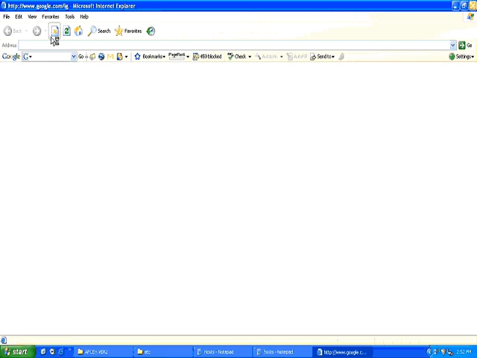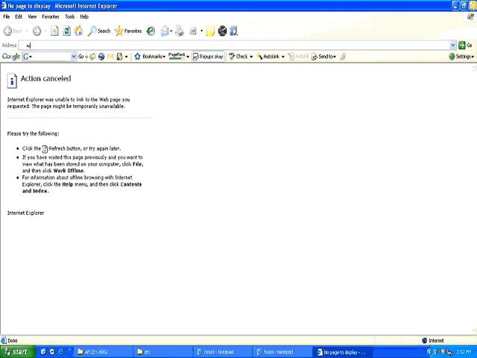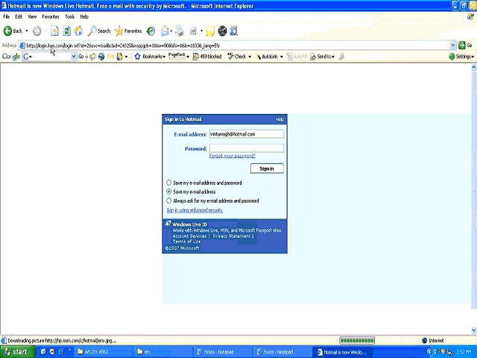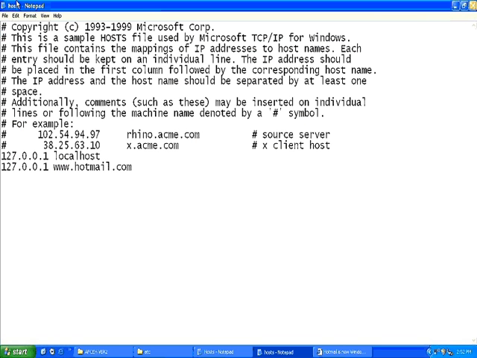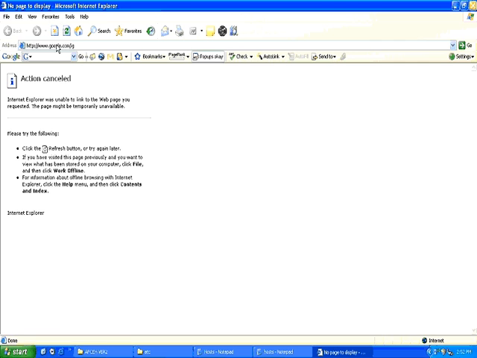Now, before I save this file, let me actually try accessing hotmail.com on this particular system. So I started my browser, type hotmail.com, press enter, and as you can clearly see on the screen, hotmail.com has now been displayed. Now what if I wanted to prevent it from being displayed? So I click on File, Save, and now close the browser and start a new window of the browser. And this time if I try to connect to hotmail.com, as you can